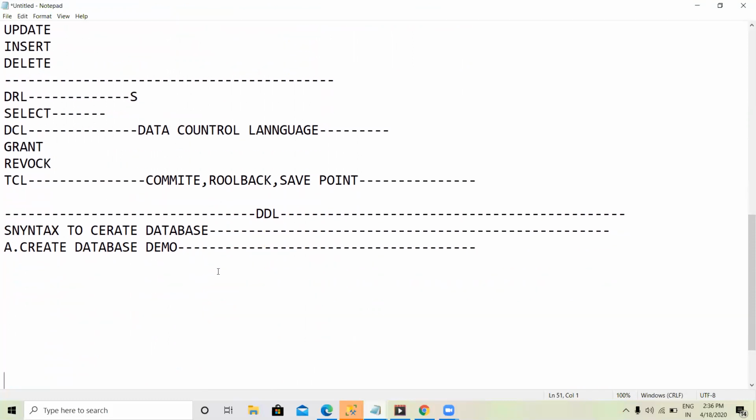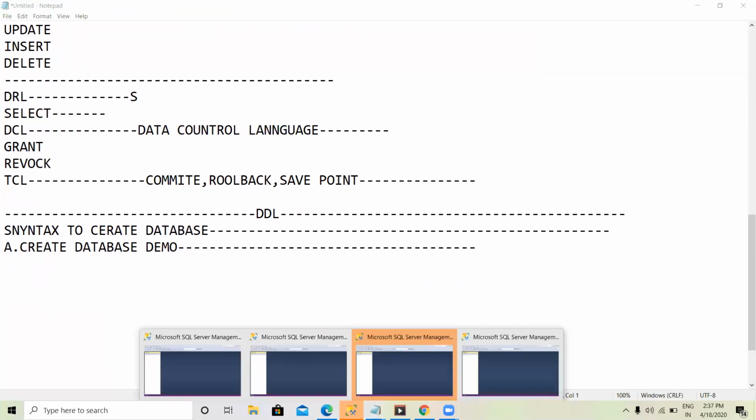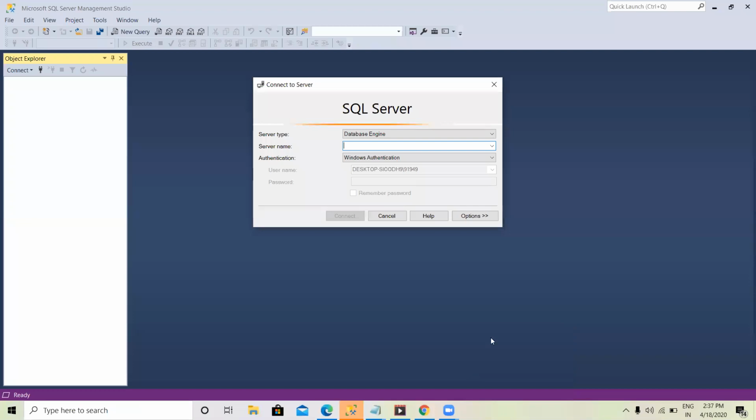Let us discuss how to create a database. I am opening my SQL Server. Here three credentials are asked: server type, server name and authentication. I selected Windows authentication, which means there is no need to give a username and password.